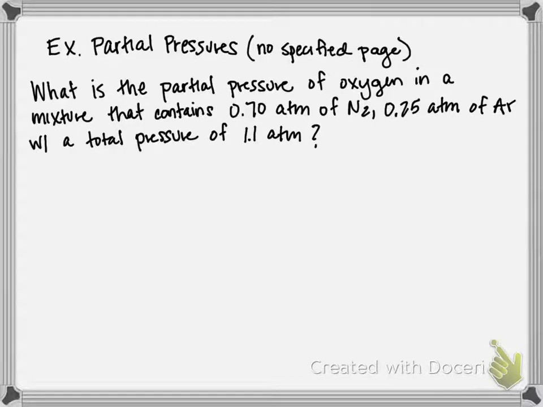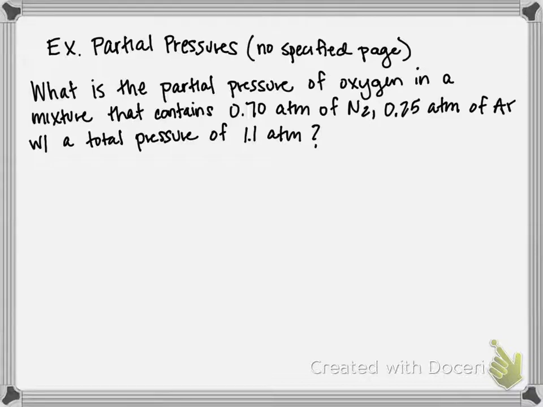This is an example utilizing Dalton's law of partial pressure in calculations. There's no specified page for this example. This is just one we're going to work together in class, and right here I'm going to work through it as well. So Dalton's law of partial pressure states that basically in a mixture of gases, the total pressure is